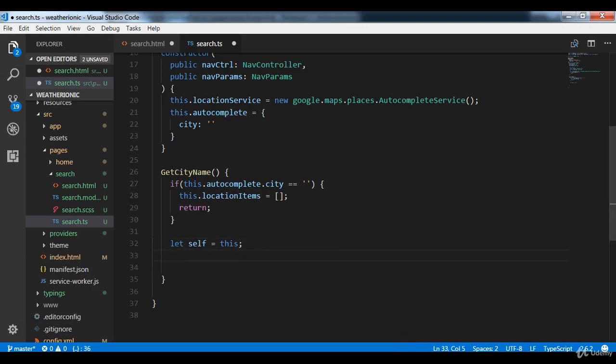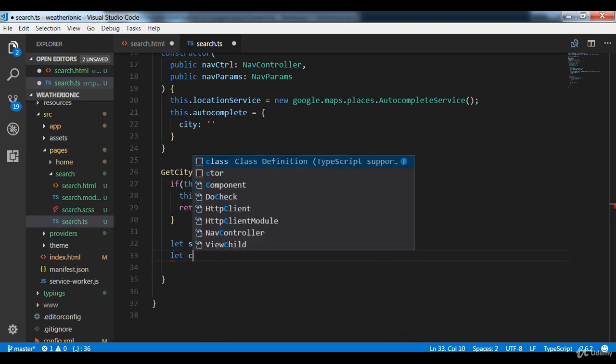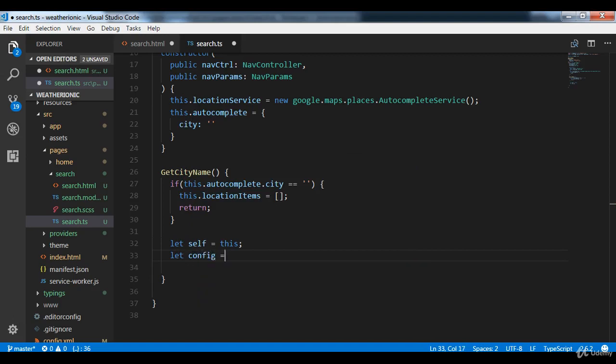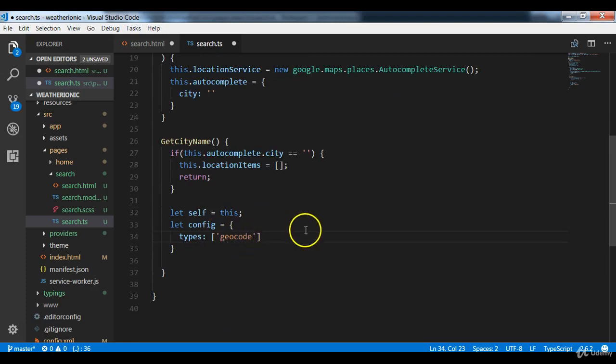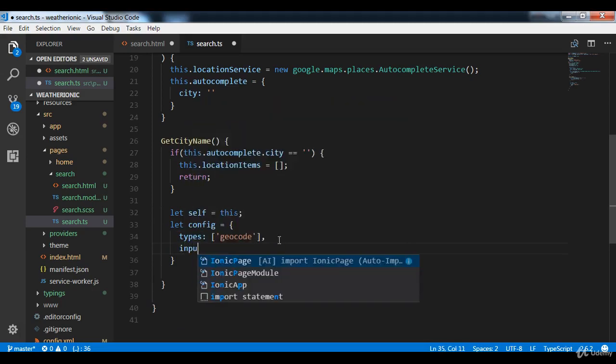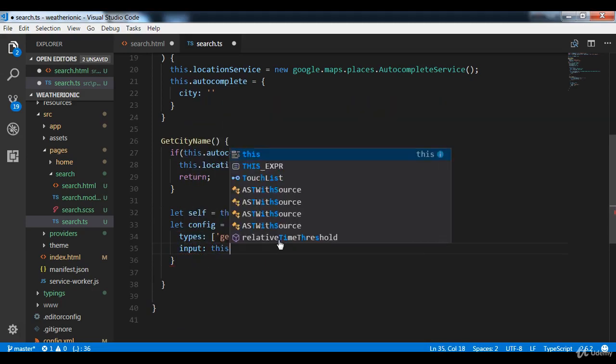Then we want to declare another object called config. Inside we pass in the properties, the types. The first is going to be types, which is geocode. Now this is coming from the API. If you go through the API documentation, you're going to see the types that are available. Other types that are available are establishments and regions as well. So we are setting this to geocode. Then the next thing is the input. The input is going to be this